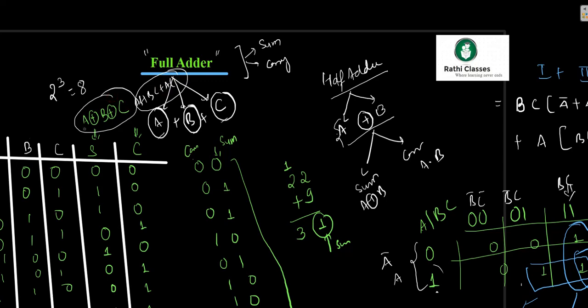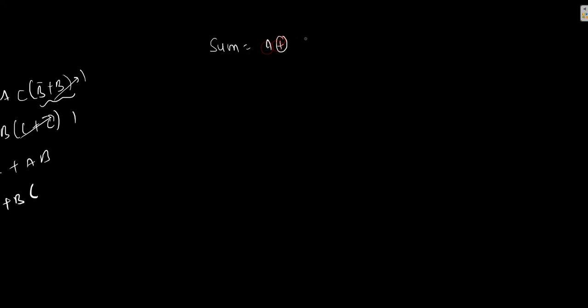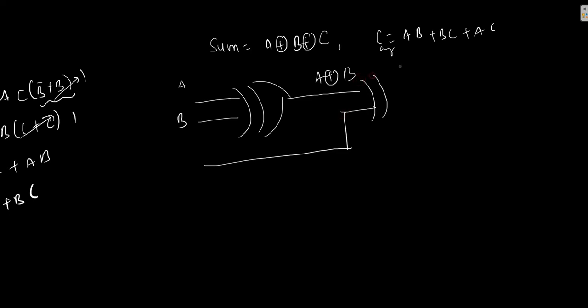Now, in order to represent it in the circuit diagram, what I need to do is A XOR B XOR C for sum and carry as AB plus BC plus AC. So I will be taking two inputs, say the inputs are A and B. I will be just using an XOR gate. So this result is A XOR B. I will be taking another input, say C. I will be using an XOR gate for it. So I will be getting something like this: A XOR B XOR C. See, this is the input C, so my result is the sum.